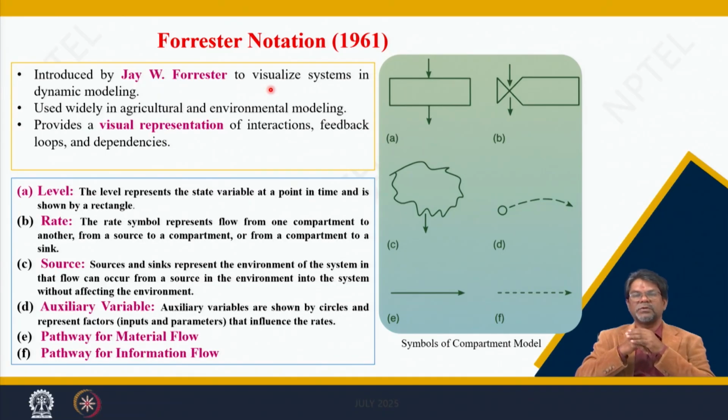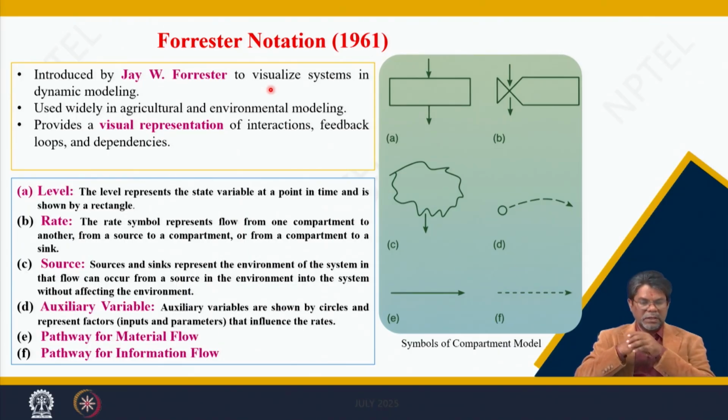This is a very important one. You should understand this when you write the models and make a flow chart. So, it is essential to understand the different symbols, so that you will be able to make a flow chart for different processes in the model. Suppose you can say the photosynthesis, or the partitioning of the biomass, or the water uptake and nutrient uptake, how they are simulated in this crop model.